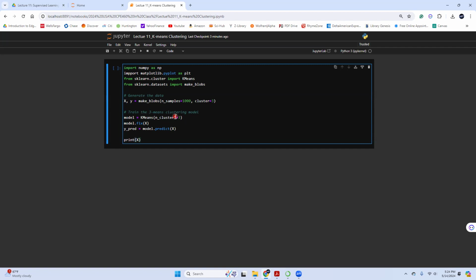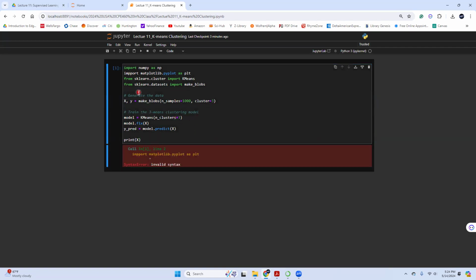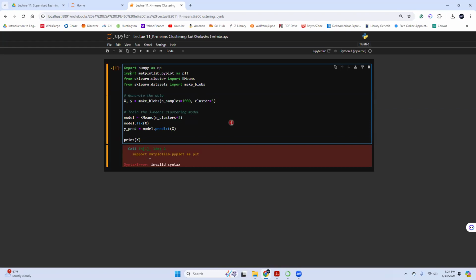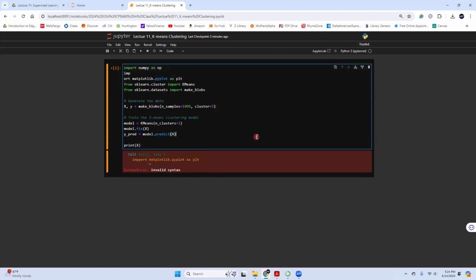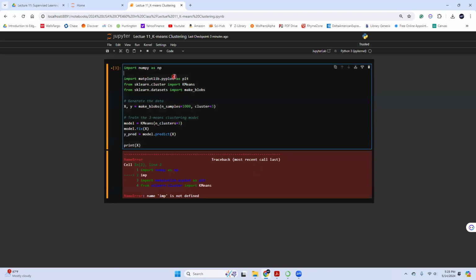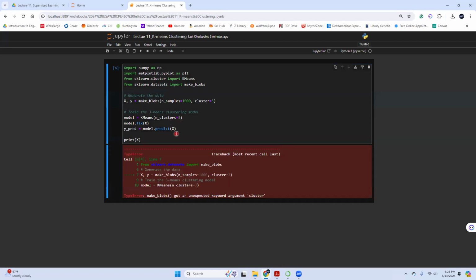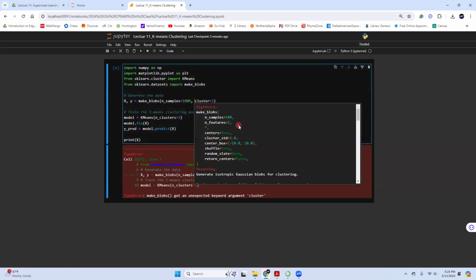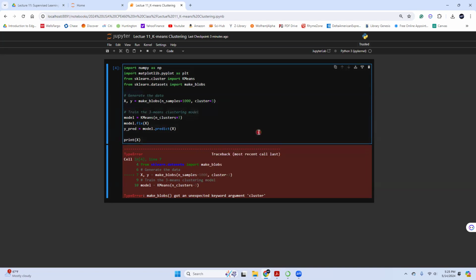Okay, now I can predict this one. First of all, let me see. I can print it. Oh my God, it's glitchy. Not cluster centers.